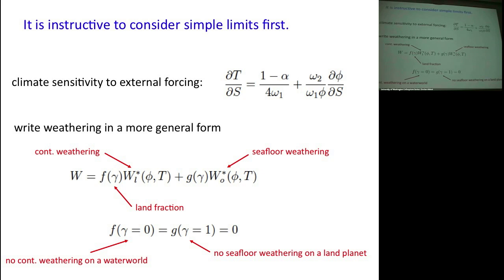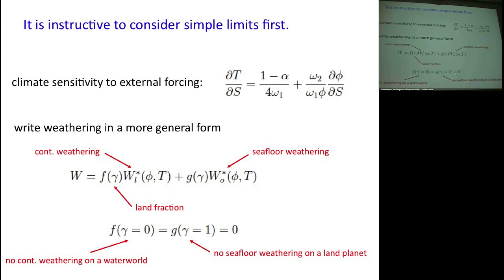And after writing down the complicated weathering parameterization, I'm going to simplify it here because the explicit form of those terms doesn't matter for what I'm going to say in the next 2 slides. So I'm going to say the total weathering is equal to some function of the land fraction times the continental weathering, which is a function of CO2 and temperature, plus some function of the land fraction times the ocean weathering, which is a function of CO2 and the temperature. It's pretty hard to cook up a parameterization where this gamma function is somehow inside here. So this is a very safe assumption that you can separate these variables out.